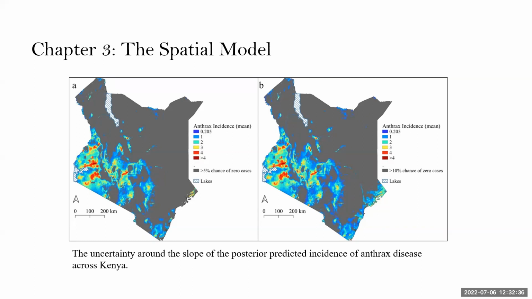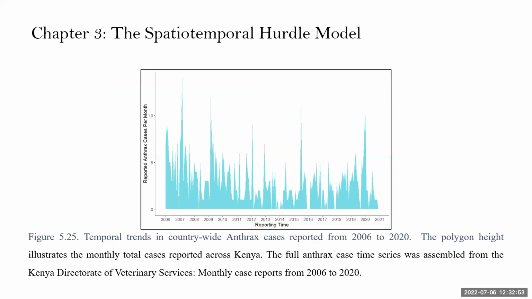Also, most parts of coastal Kenya were identified as high-risk areas, including Kwale, Kilifi, Mombasa, and Lamu. Also, the southern regions of Garissa County were identified to be at risk of anthrax occurrence. Okay, so then my second objective was to investigate the socioeconomic population-based drivers of anthrax risk at sub-county level, and